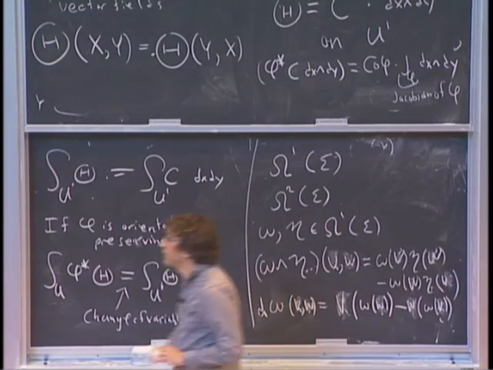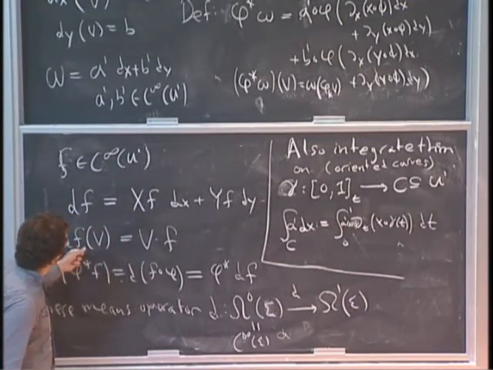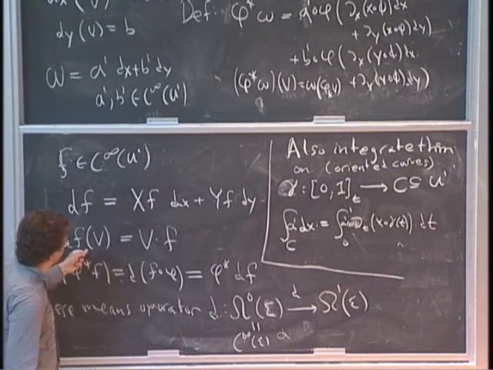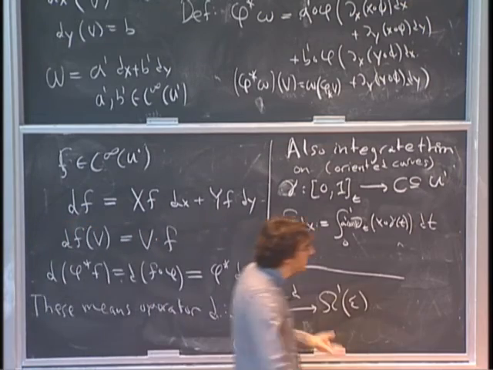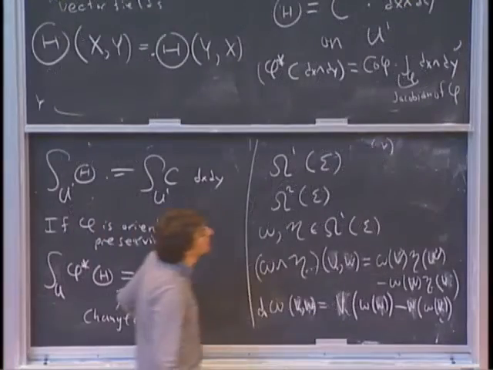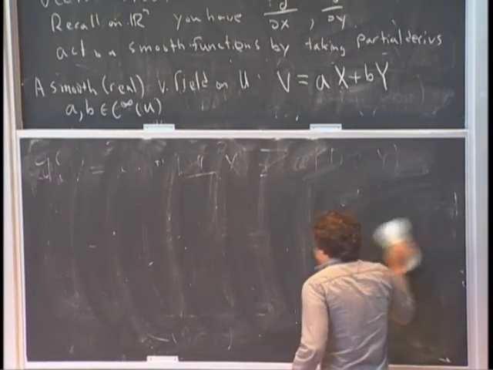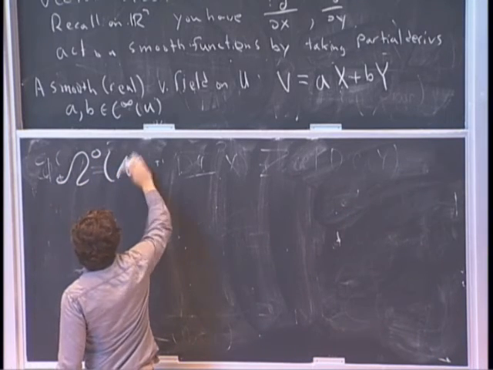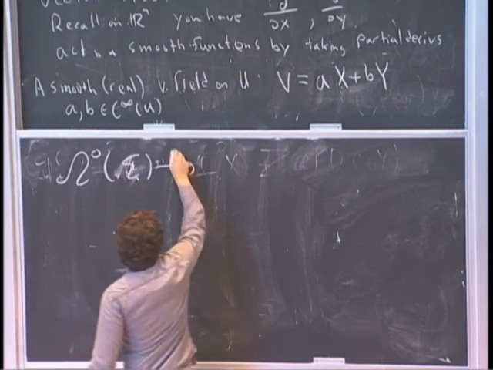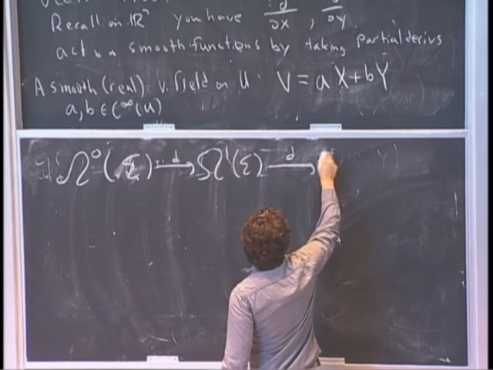But what one should convince oneself is from this fact, right? From this fact, we see that if you take d of a function, then in fact you get 0. So you all know this, but just reminding everything. So the point is, we now have this operator. We have these 0 forms, which are just the smooth functions. Then we have this map d to the 1 forms, which is defined before. And then we have this other map d, which is the